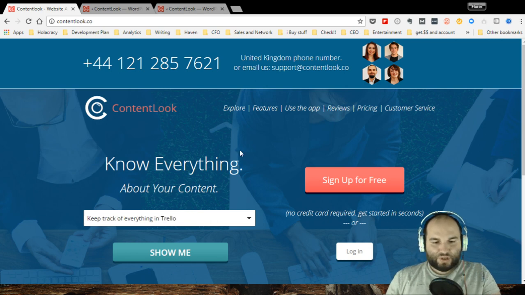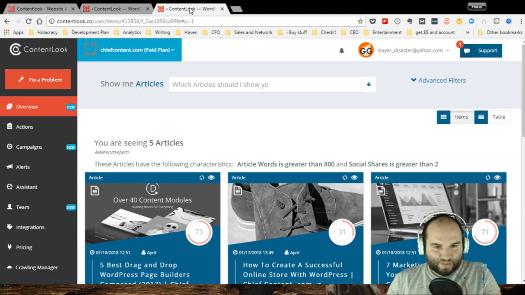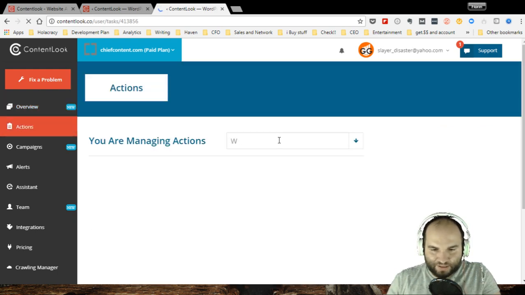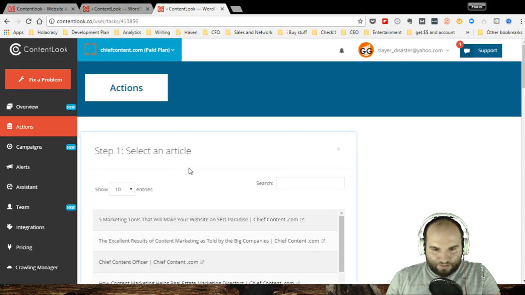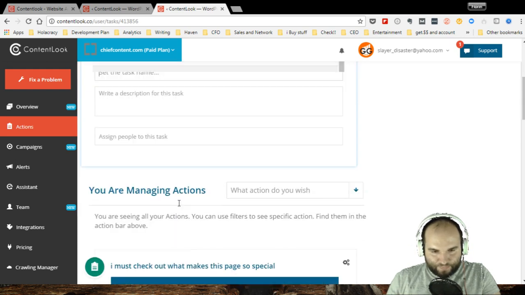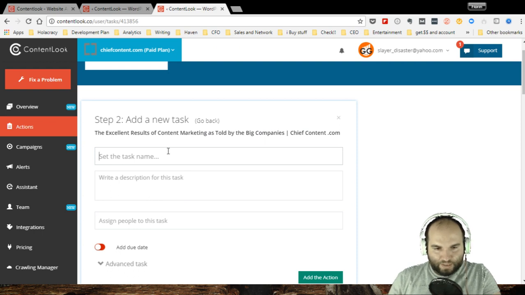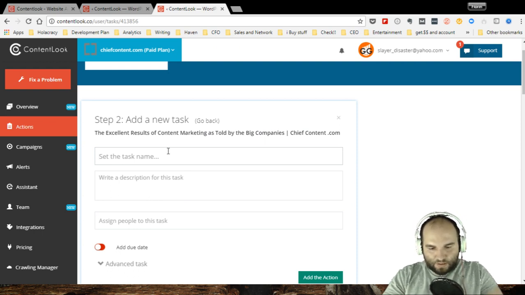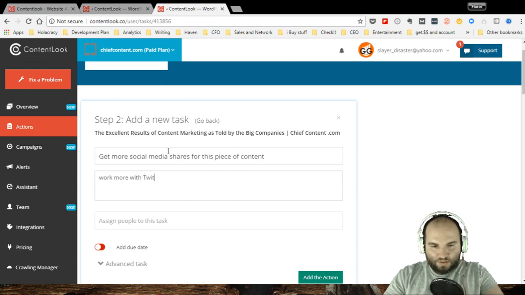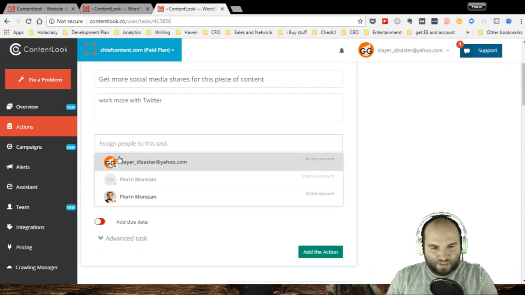Okay, so how can we keep track of everything in Trello? When you're adding an action, which is a task inside of ContentLook, add a new task. Let's say for this page, I can say get more social media shares for this piece of content. Work more with Twitter. I will assign myself,